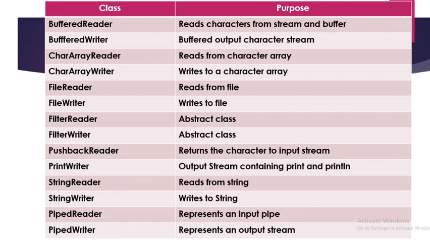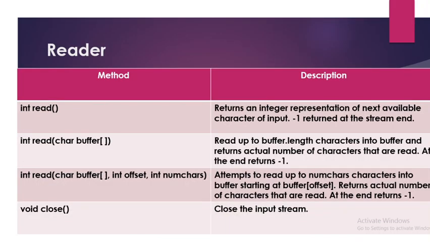Just like the byte oriented stream classes, the byte input stream classes and output stream classes, where we saw a number of methods under the byte stream classes, very similar to these methods, there are again methods available for the Reader and Writer classes. Methods are almost similar, with only a very minor difference, and that difference is that instead of bytes, here everything will be character by character. Now we will see the methods used under the Reader and Writer classes. So these are the Reader methods.